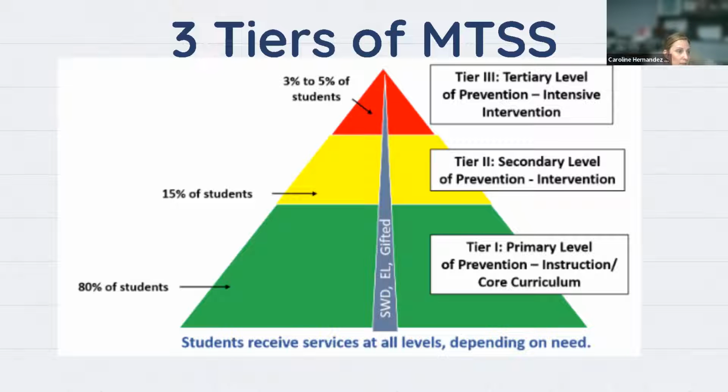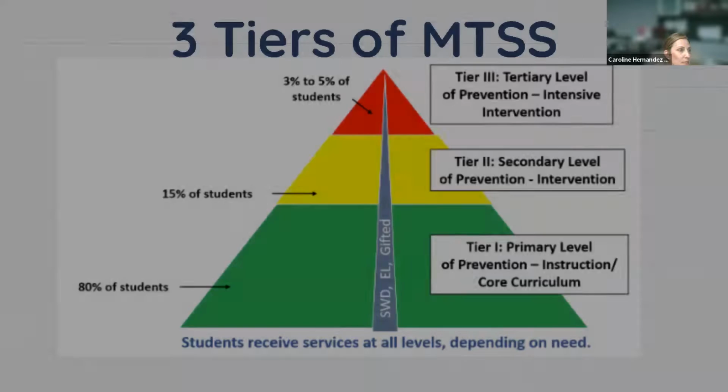And again, if they're still not successful with that additional service, we might see roughly 3 to 5% of our students being referred to tier 3 instruction or intensive intervention instruction, which might be something like increased frequency. So it might be every single day they're receiving this. It could be in smaller groups, like less than 3, and sometimes even administered in a 1-to-1 setting. All of this is dependent upon the child and their progress or lack thereof. That might be the reason why they're put in these services.